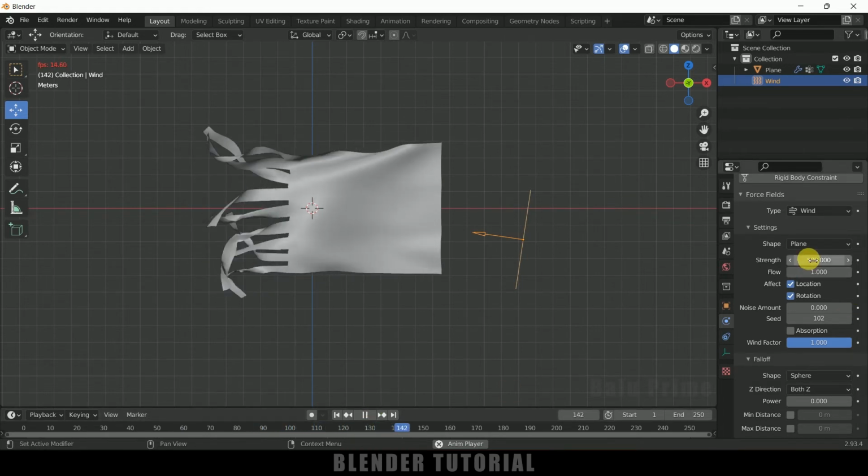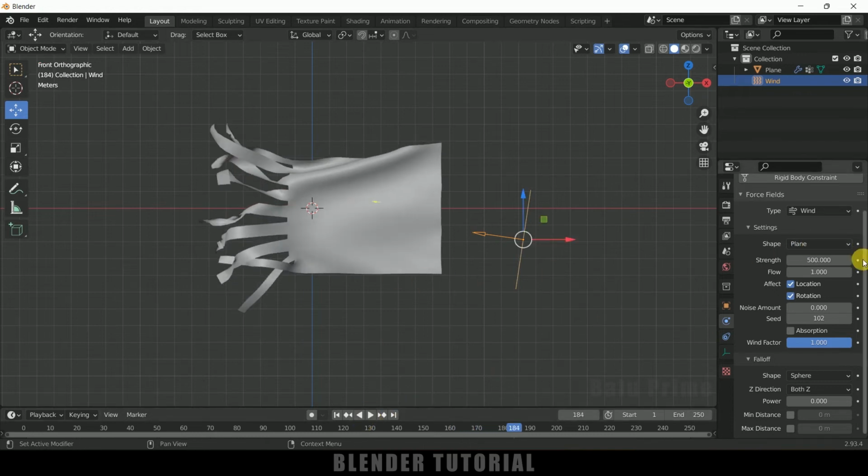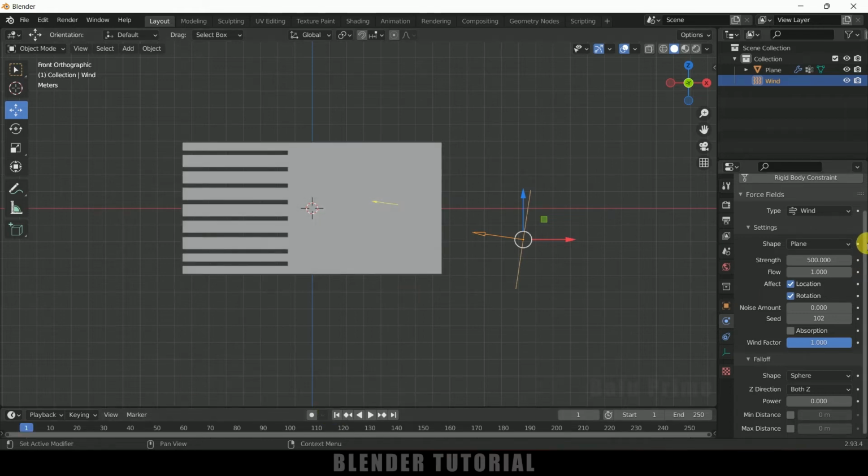So depending upon your choice, you can set this force strength. If you want to animate this value, you can do that. Just simply let me show you that one also. So at starting frame, I don't want any strength to be acting, so I will change this to 0. So click on this button, or else you can press I on the keyboard to add a keyframe.